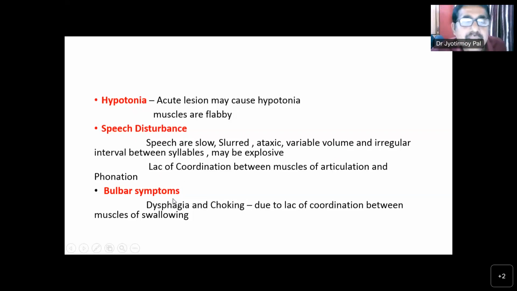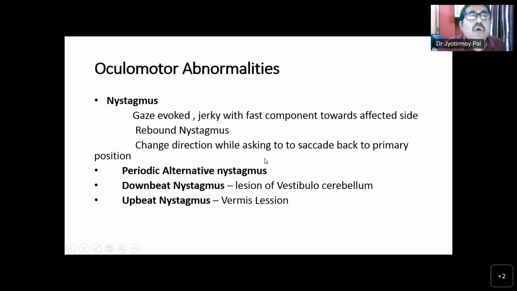Bulbar syndrome: again there will be dysphagia and choking due to lack of coordination between the muscles of swallowing. Oculomotor abnormality, very important, is nystagmus. This is one of the very important signs. What we see there is gaze-evoked nystagmus. If I ask you to look to the right side suddenly, then when I ask the patient to look to a particular side from the primary position, to the right side or left side,